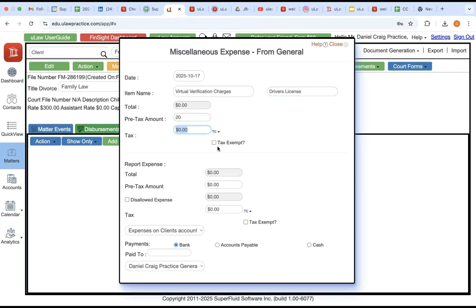It's $10, you're charging your client $20 plus taxes. You are paying $10 plus. Now, this is the difference, the top and the bottom portion. The bottom portion is what you have spent, and the top portion is what you're charging your client. And the difference is called the markup or profit.